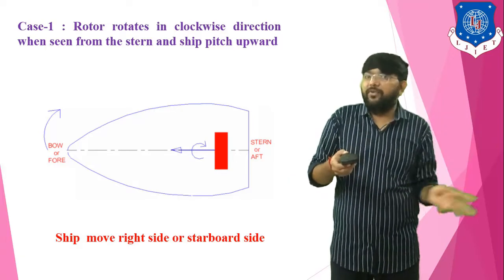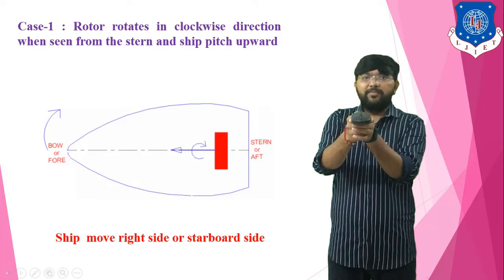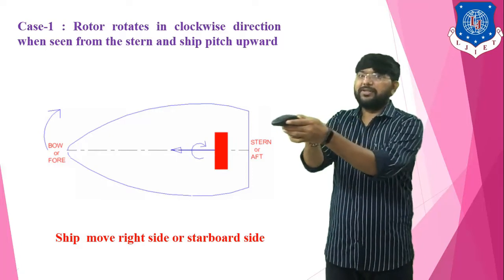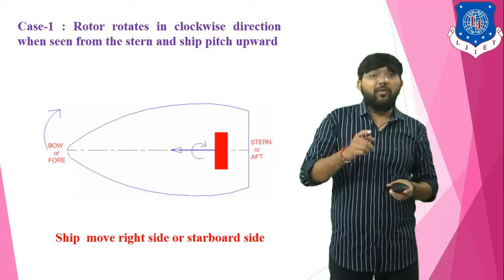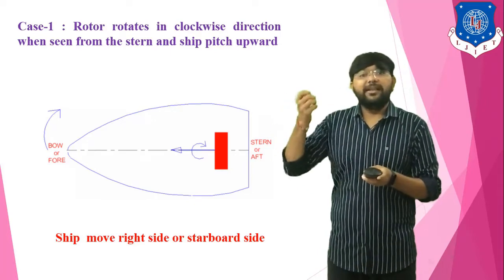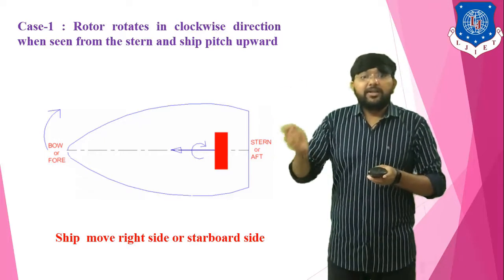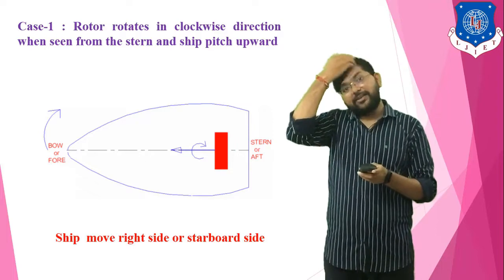direction of the resultant force. So at that time, this is a ship. Clear? So the ship moves in the direction of the resultant force. So the ship moves to the right hand side. Clear? And you all know the right hand side view also indicates the starboard side. Clear? So the ship moves to the right side or starboard side. Clear? So this is case 1.